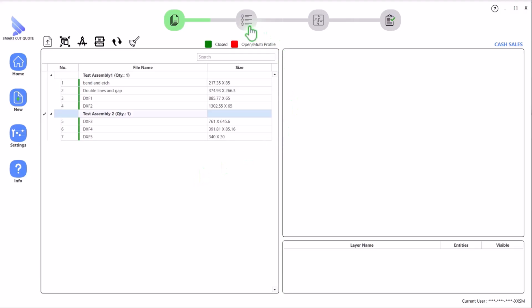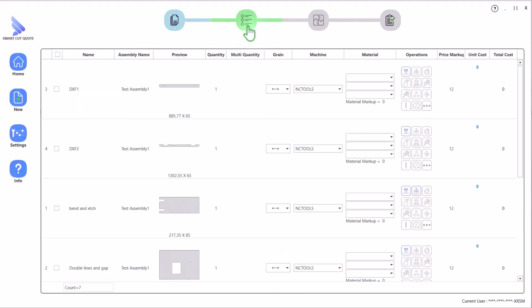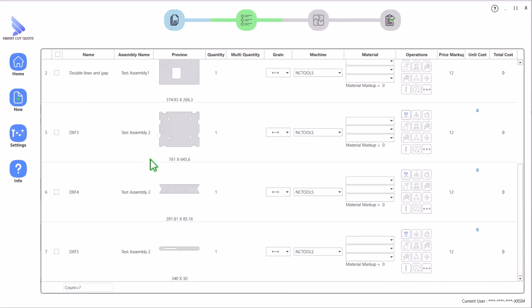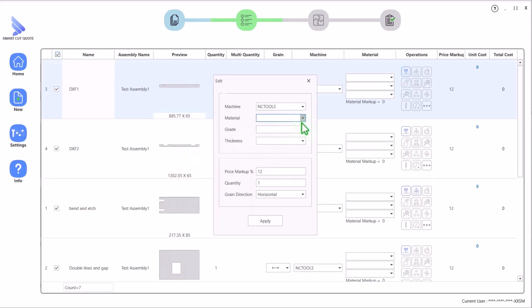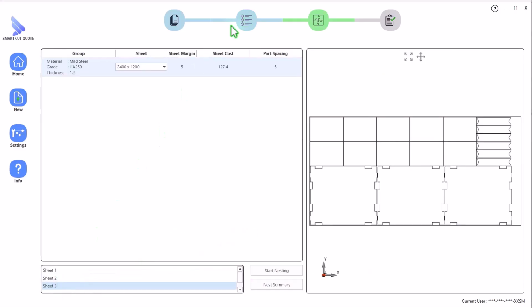After completing all assemblies and adding the respective parts, move to the Part List tab. Here you can adjust the part quantities, materials, and thicknesses, and add operations as usual. Parts will be listed in the order they were added in the Add Files tab. Once everything is set in the part list, proceed to the Nesting tab to nest the parts as per the